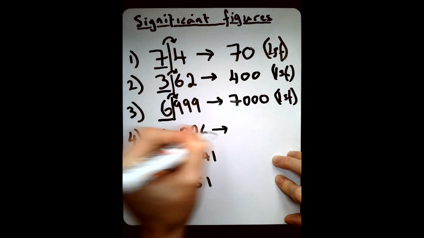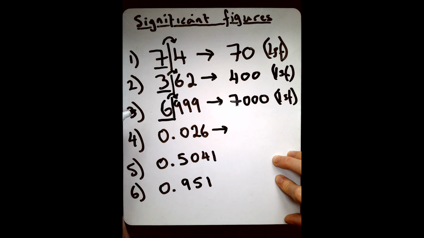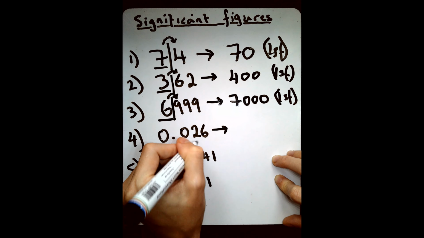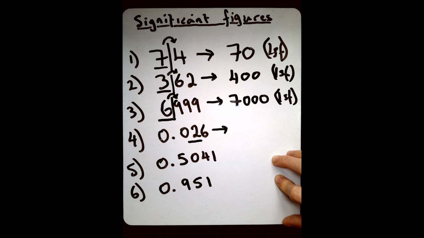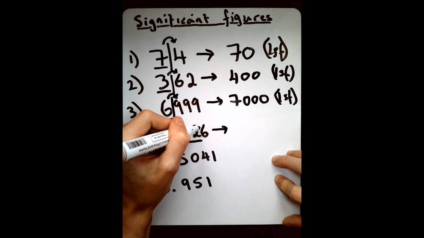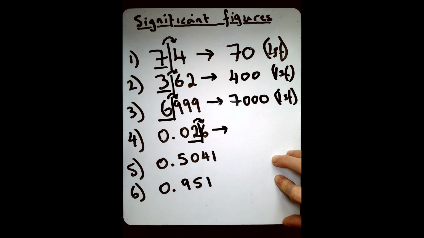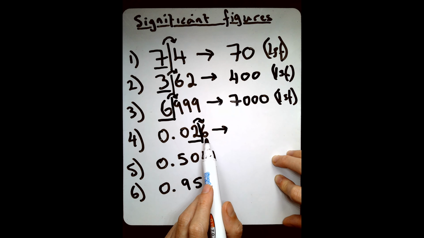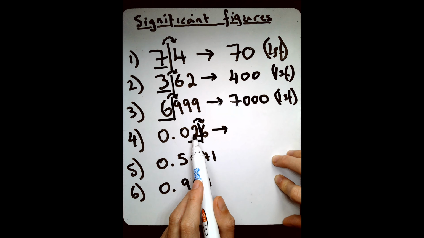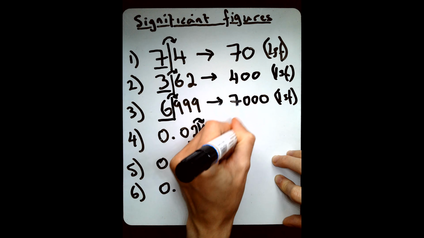Okay, now we're having a look at some decimals here. Now, as always, the most important thing is finding your first significant figure. The first significant figure in this case is your first non-zero number, so these zeros here don't count. My first significant figure is actually this 2. So then, same process again once you found that. Put your imaginary wall in, look over, and it's going to be a 6. 6 is 5 or above, which means that we're going to round that 2 up, move that up 1, so we get